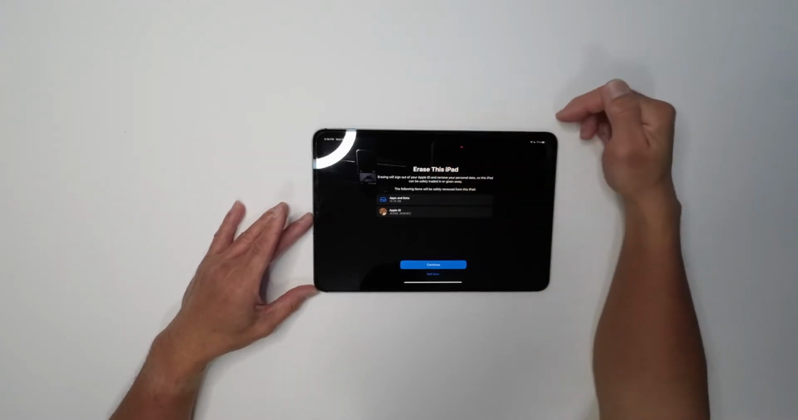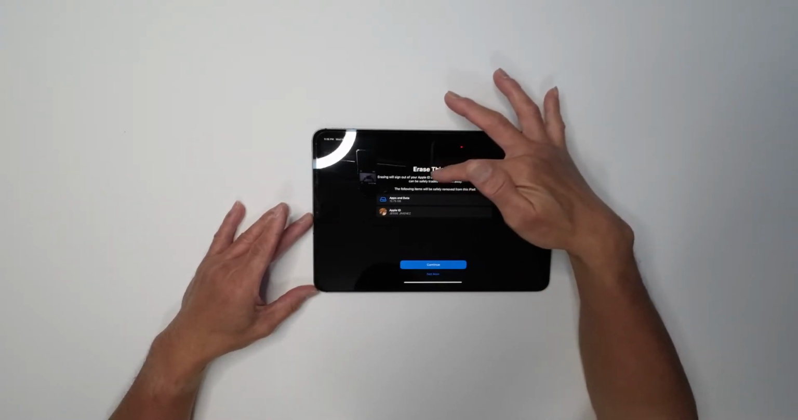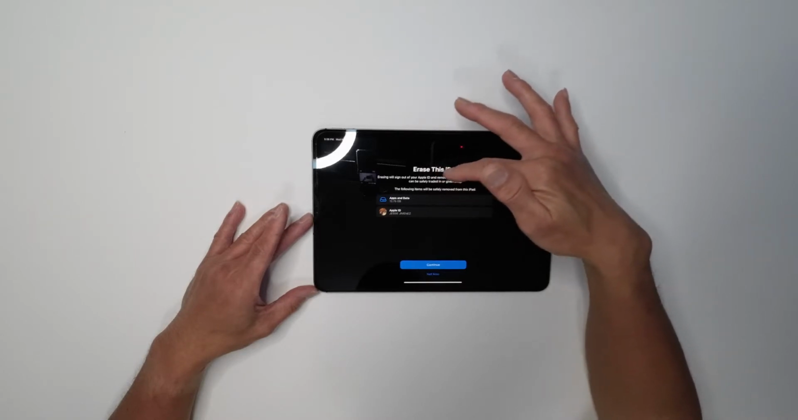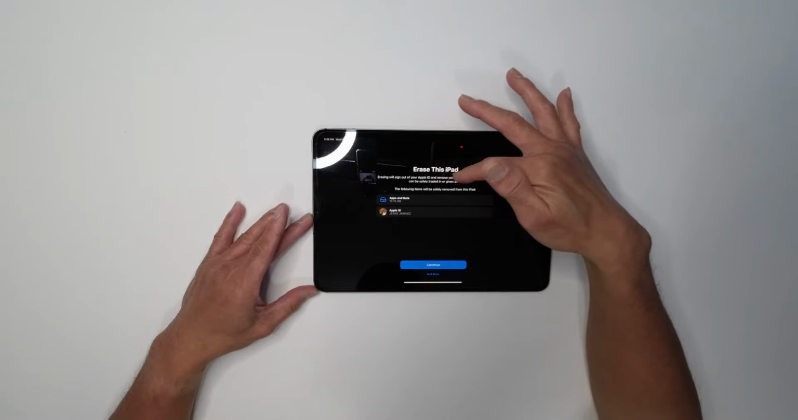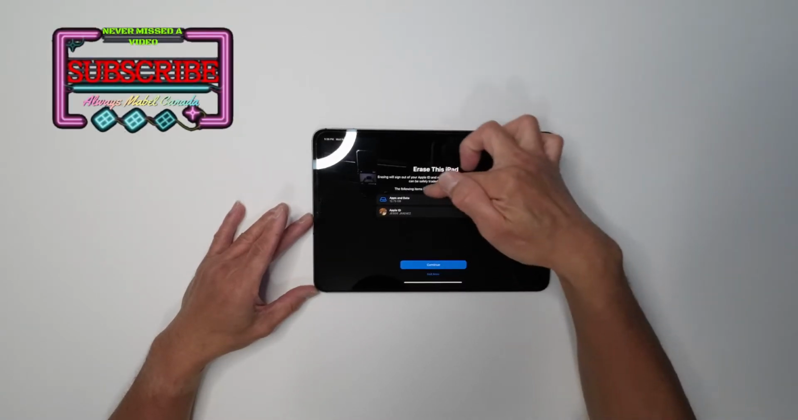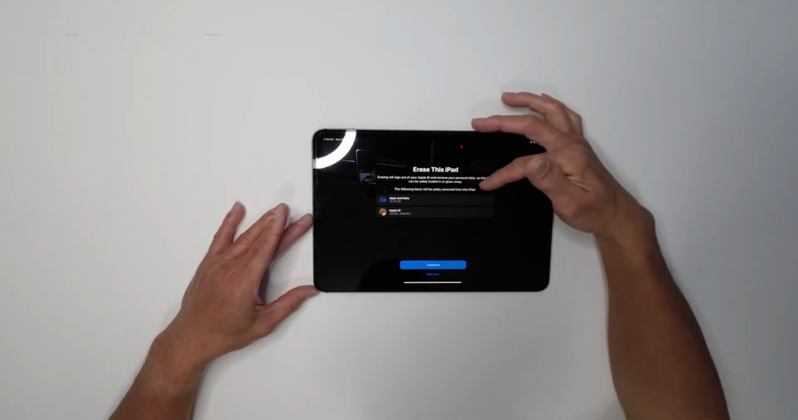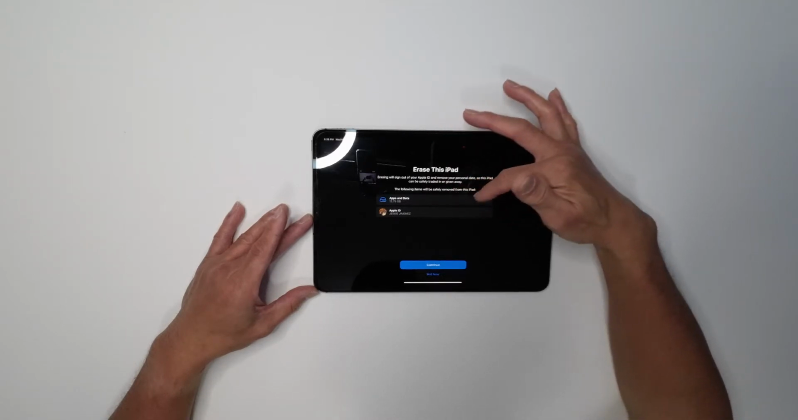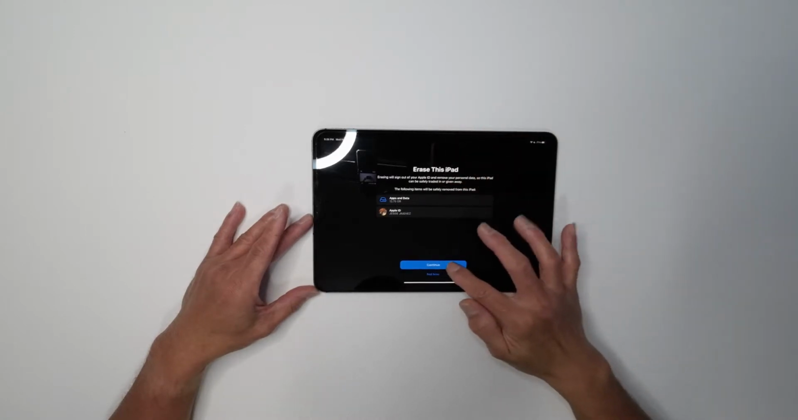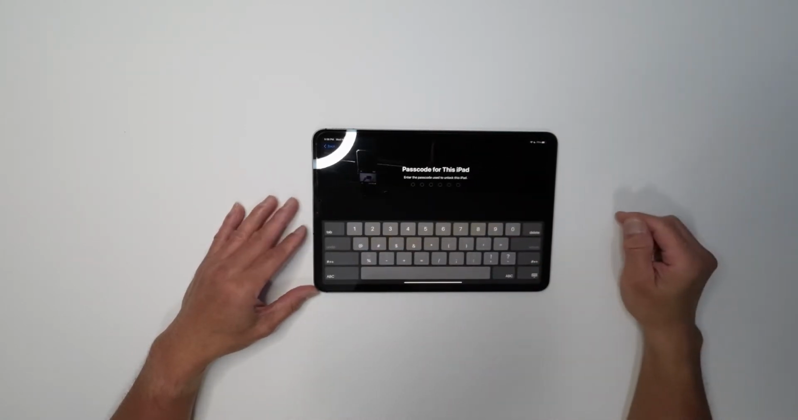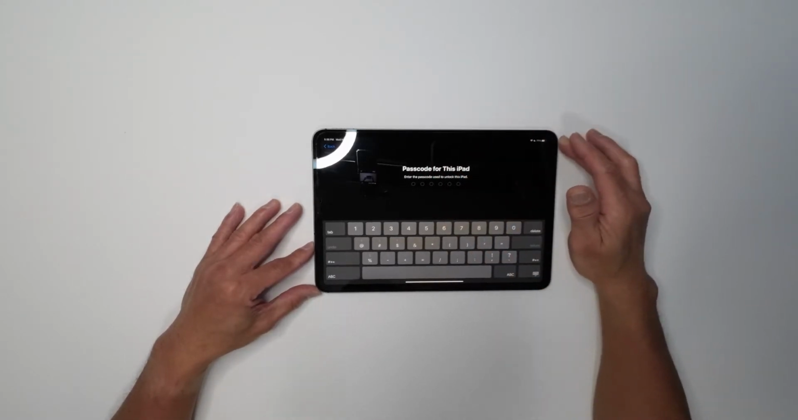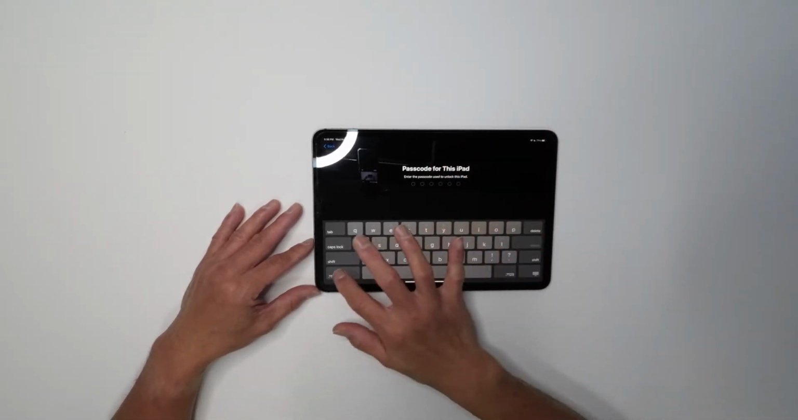erase this iPad. Erasing will sign out of your Apple ID and remove your personal data, so this iPad can be safely traded in or given away. So it says there the following items will be safely removed from this iPad: the apps and data and my Apple ID. So press continue, and then it will ask you for the passcode, which is, I'm going to type in